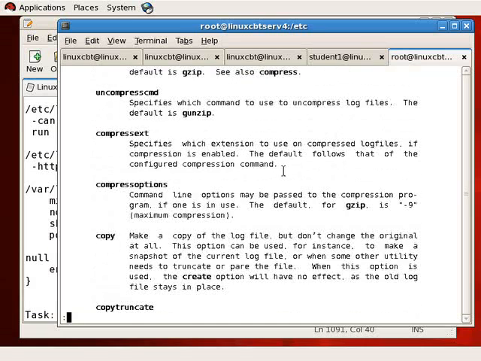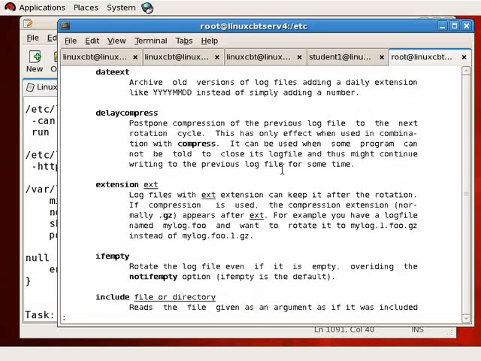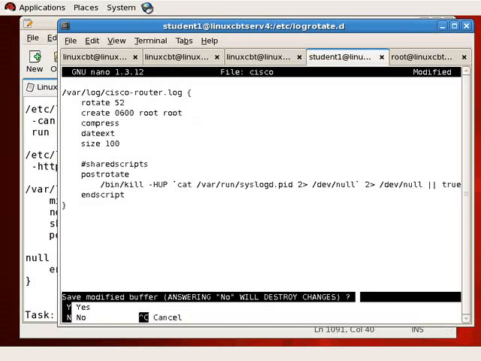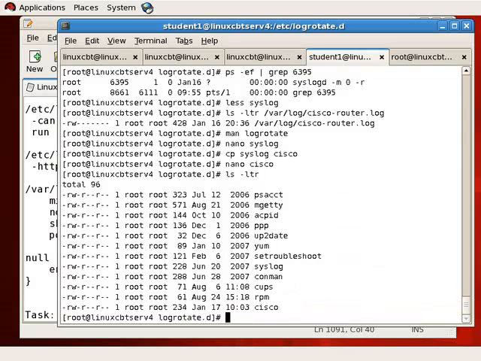Let's scroll down, and momentarily you'll see the date extension, dateext, which will tack on quad year, dual month, dual date as a suffix. You may also indicate an extension of your choice. Log files with ext can keep it after the rotation is used. So if you wanted to, you could tack on an additional extension, which will cause your file to not be rotated out of existence. With that said, let's save the changes to the Cisco file